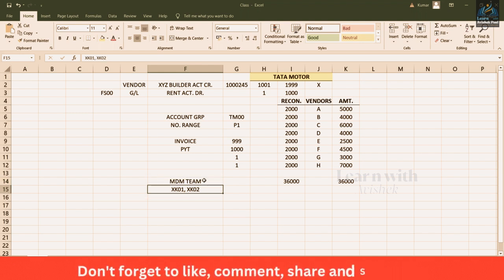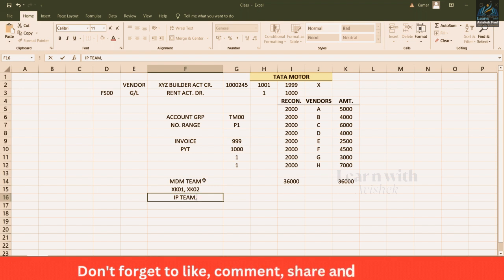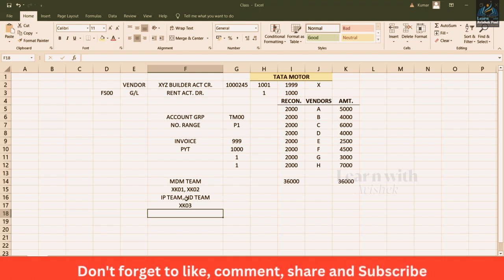People from the invoice posting team, or from the accounts payable help desk team, are going to get the access of XK02, XK03 transaction codes